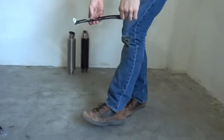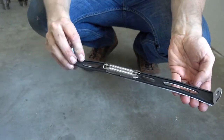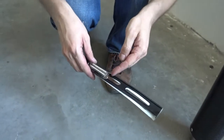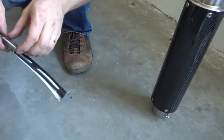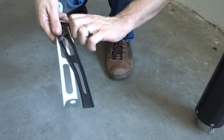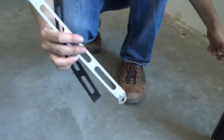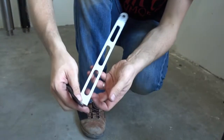Very first thing is, when you get this exhaust, you have to shape this mounting strap. This strap wraps around the exhaust, so it comes with a little rubber liner and with 2 springs, and the springs are used later to hold the muffler on the mid pipe. So let's just separate these first. We put the springs aside, we don't need them right now. First thing to do is, you can see that's white here, that's not the material itself,